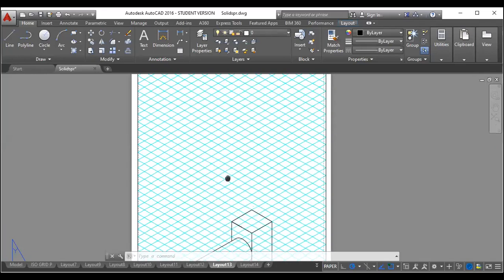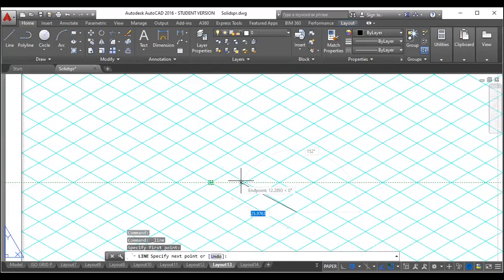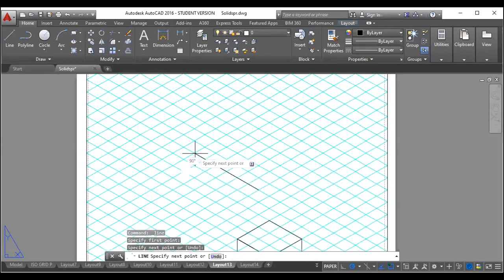In the base, the breadth was 60. So I will take 60 mm first. From this particular point, I will start, and I will go 6 units across. So 3, and this is 6. Okay. Now height is 20. So from here, this side it is 20, and from here, this side it is 20. So this is the first slab.